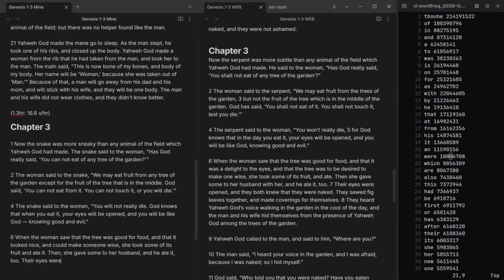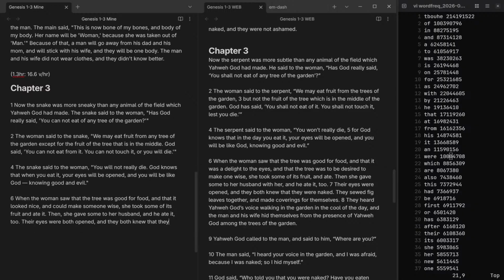Their eyes were both opened, and they both knew that they... Do I want to say they both knew they were naked? Well, I never used the word naked before. They both noticed, both knew that they should wear clothes. We're beating around the bush a little bit, but